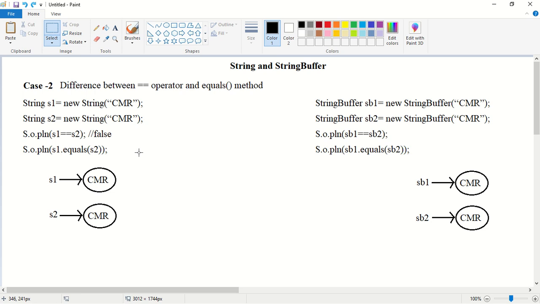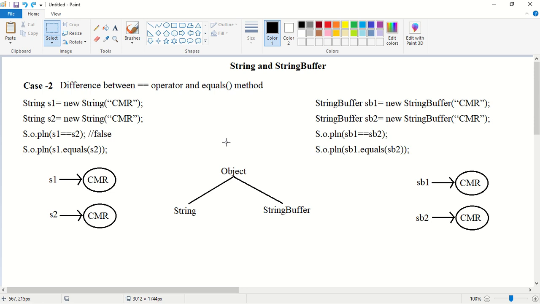Next, what about the equals method? For the equals method, there is a very big story. You know that the root class of all the classes in Java is Object. The String and StringBuffer classes are child classes of this Object class.